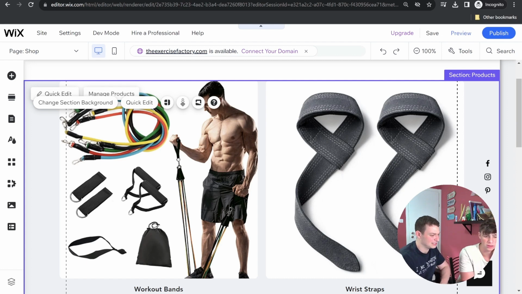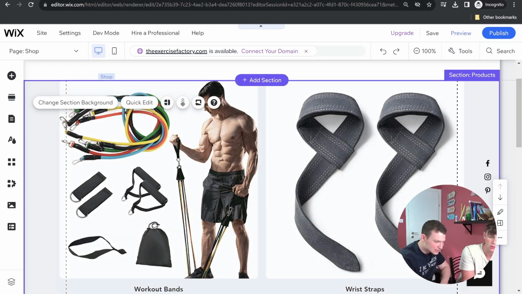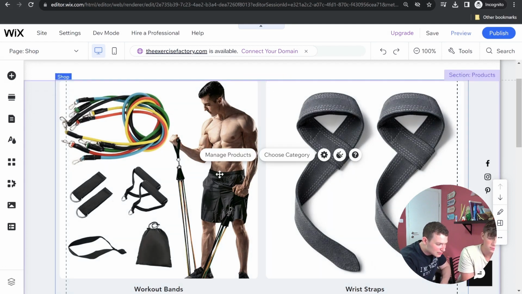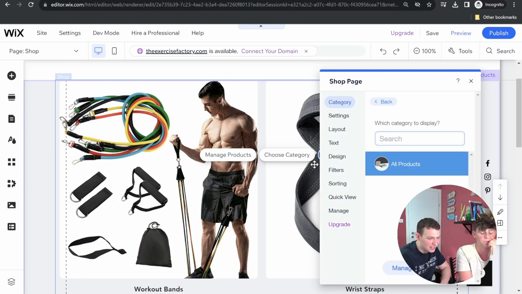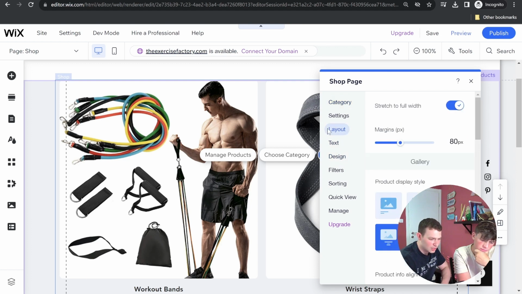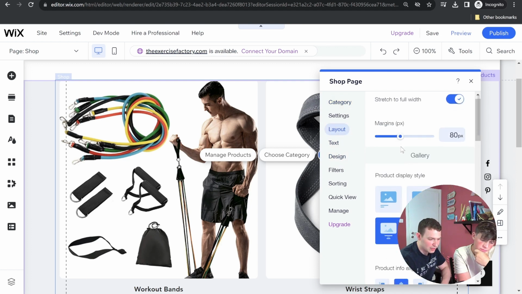It's a bit too big for me though. I want them to be smaller. Okay, so here, if you click, then you see you have this kind of settings cog. Click on it. Like that? Yeah. And now here you can change a bunch of stuff about this page. So if you want to change the design, well, to make them smaller, that would be layout probably. Layout. And then if you scroll down,